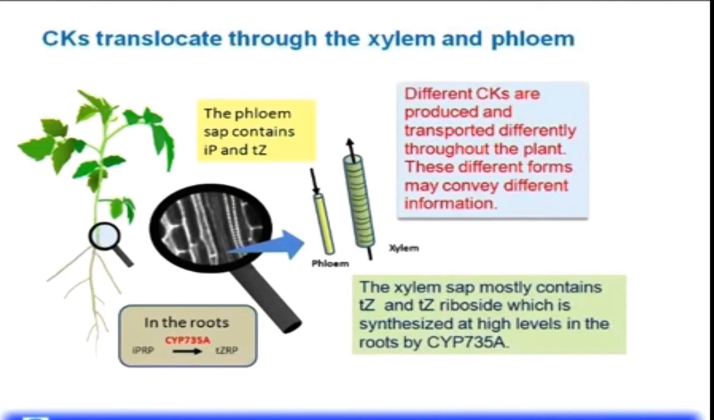Here we can see that cytokinins translocate through the xylem and phloem. That is, the phloem sap contains isopentenyl adenine and trans-zeatin. And different cytokinins are produced and transported differently throughout the plant, and these different forms may convey different information. The xylem sap mostly contains trans-zeatin and trans-zeatin riboside, which is synthesized at high levels in the roots by this enzyme